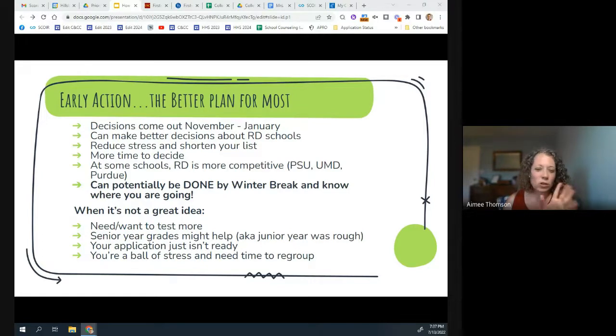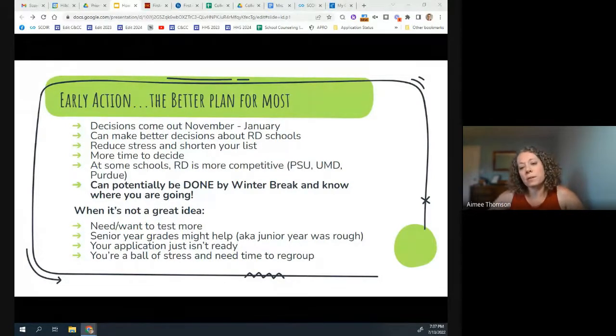Georgetown also has a little bit of funky rules. Theirs is that if you're applying early action there, you can't also ED anywhere else. Nobody else has funky rules. It's just a small handful of schools, but I try to catch students as they're going through the process and look over what they've got in SCOIR and make sure it doesn't look like they're breaking any of the rules, that they're playing by the rules of the game.